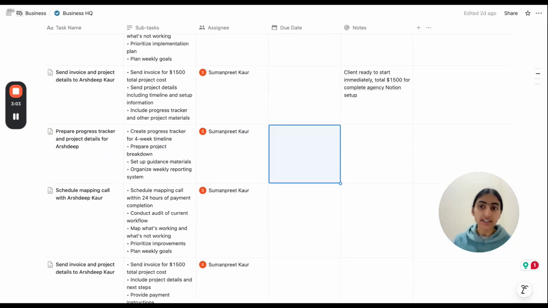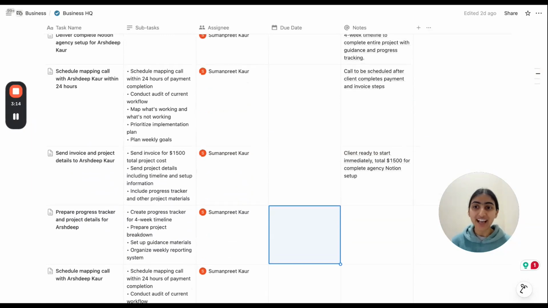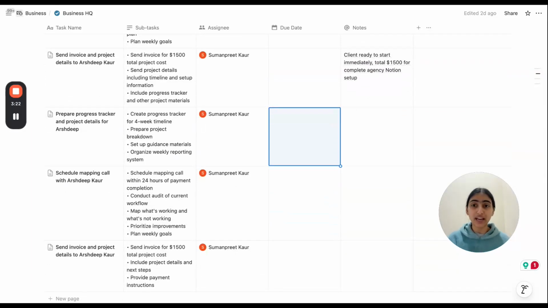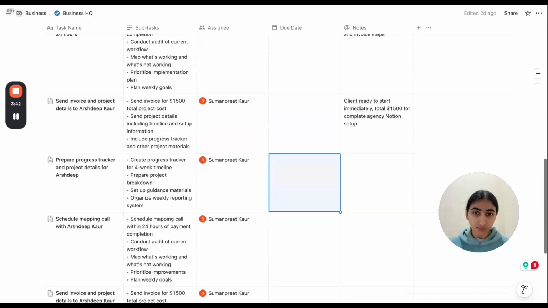So my AI agent is live now. Whenever I finish my call, and whenever I have to check my tasks based on that call, I just come here and boom, I see the new tasks added. This removes a lot of back and forth and manual work that we have to do from the calls, remembering the tasks and doing things manually. So you can directly finish the call and just see what needs to be done after the call. Okay, so this is all about the first AI agent.